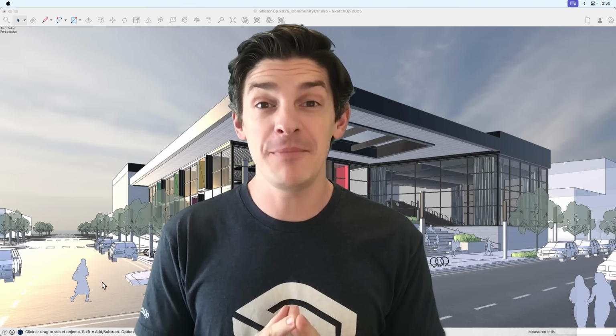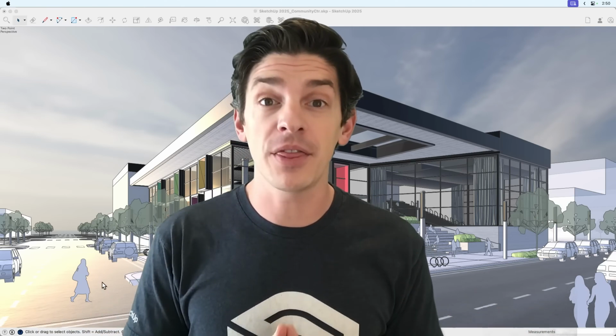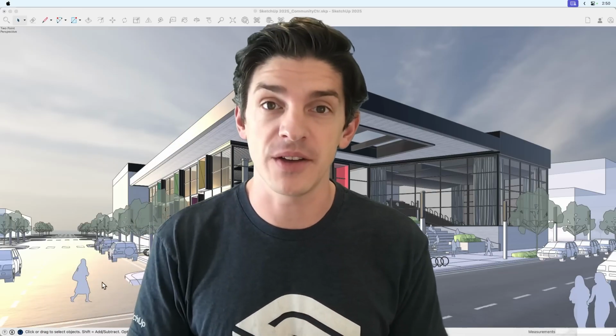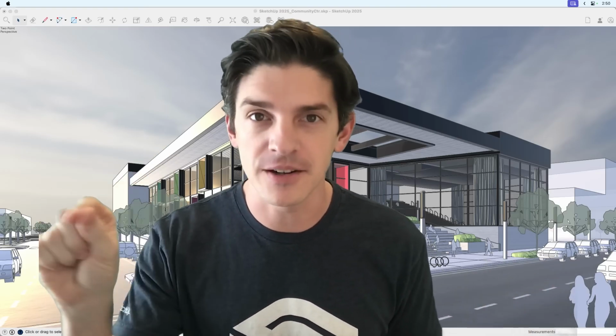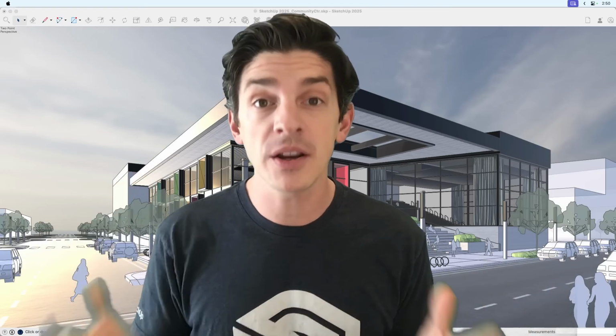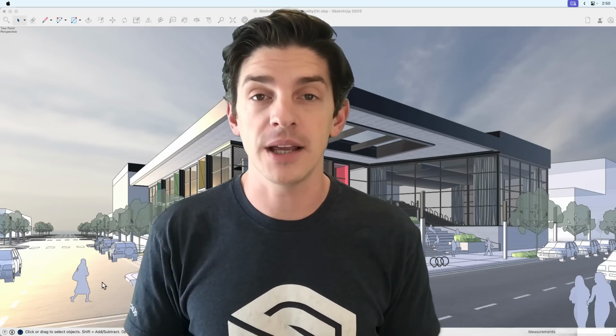SketchUp 2025 might be the most feature-packed release of all time, and so I'm here to run through everything that's new in SketchUp 2025. Look, I'm going to hit the big updates. I'm not going to go through every bug fix and that level of detail, but if you're looking for more detail than what's covered in this video, first check out the release notes, which I linked down in the description,